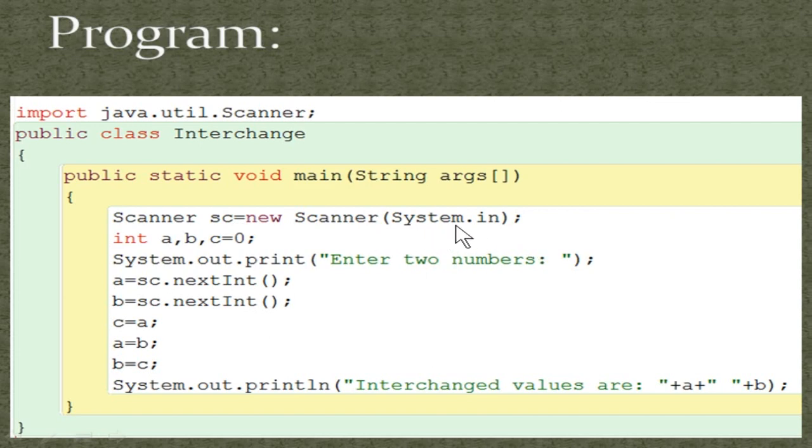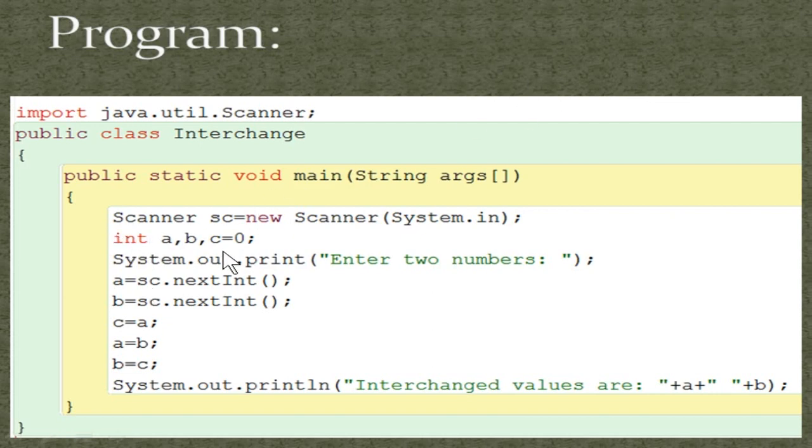And where you are going to get the input from is System.in. So in is nothing but the input device. Here you can say it's a keyboard where you are going to give the input, which will be stored in the object, and it will be converted into the data type, and it will be stored into the variable.